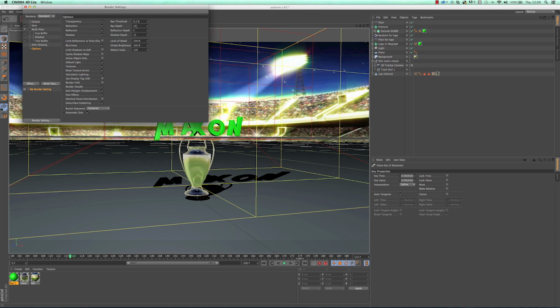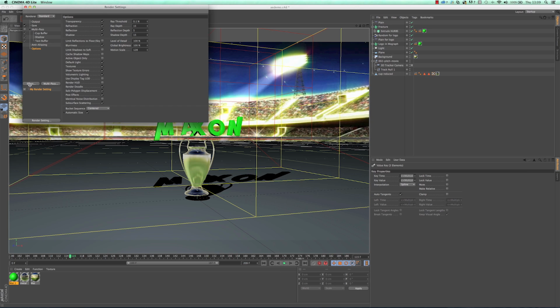You can lower reflection depth, so how many reflections you'd see, so a reflection in a reflection in a reflection, that sort of thing. Again, the same with shadow depth. So all of these sort of things you can play around with and speed things up. You can turn stuff off, so they're quite nice to look at if you need to speed things up. Cinema's rendering is really fast anyway, which is why this stuff is set pretty high, but if you need to change it, you can here.